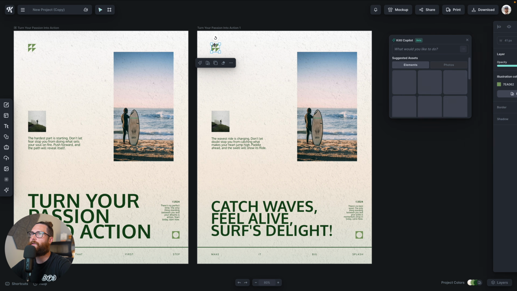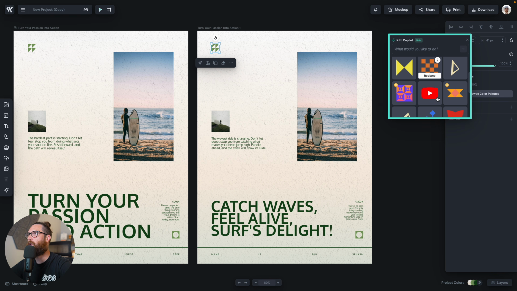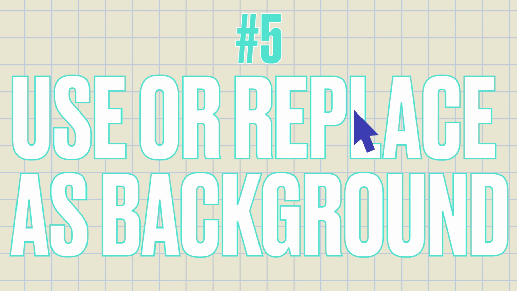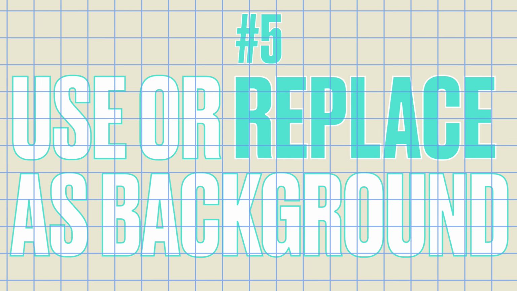including really cool and unique things like trying to find different or similar elements. We can also do things like changing the colors, opacity, aligning them, and more. So definitely check out the Kittl Copilot, especially when you're needing help with designing and you're feeling a little bit stuck. All right, our fifth secret feature in Kittl is the use or replace as background feature,